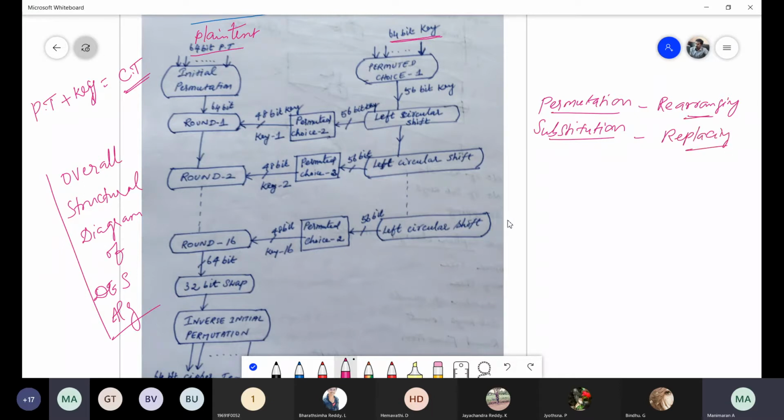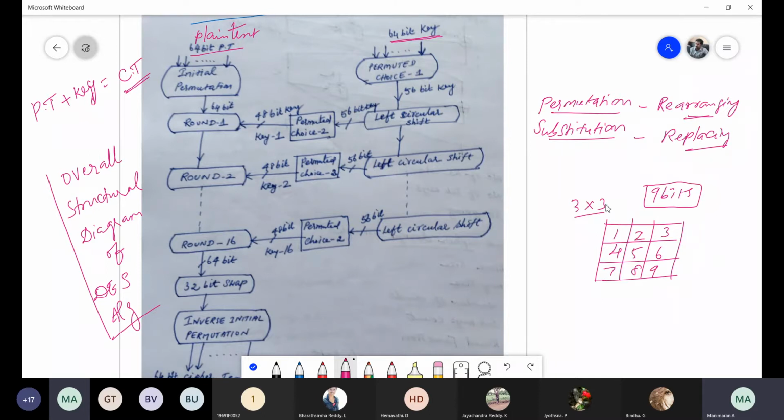What is the meaning? I will give you a simple example. For example, here is a 3 by 3 matrix, a grid with 9 positions: first position, second, third, fourth, fifth, sixth, seventh, eighth, ninth. I am going to place my 9 bits into this grid.